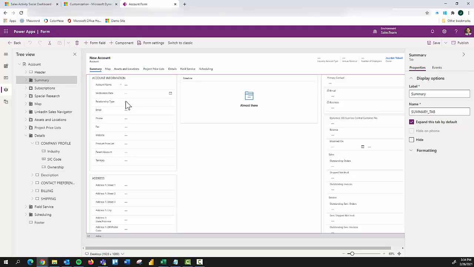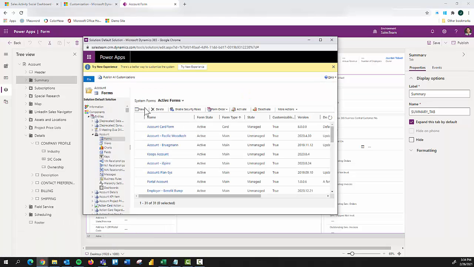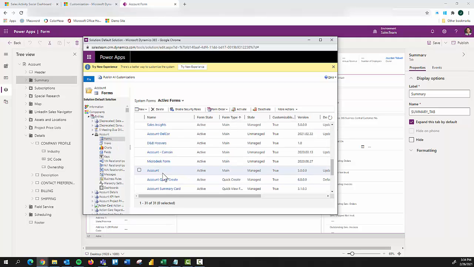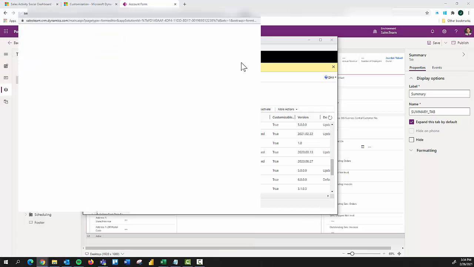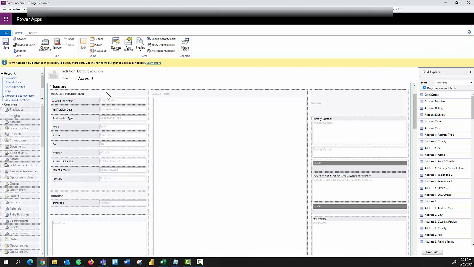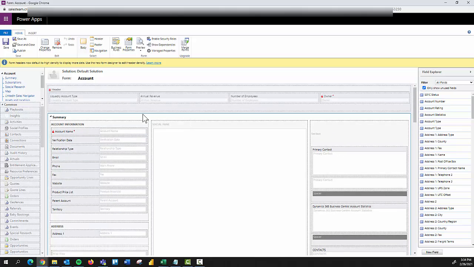And what's nice is within here I can make changes just by simply clicking and dragging and dropping. Again, similar to what I've been doing, or would have done if I come here to the old experience and were to come to accounts and forms, and that main form, open that up. Again, just hopefully helpful to see how different this is and how nice it is to be in a new experience for that form editing